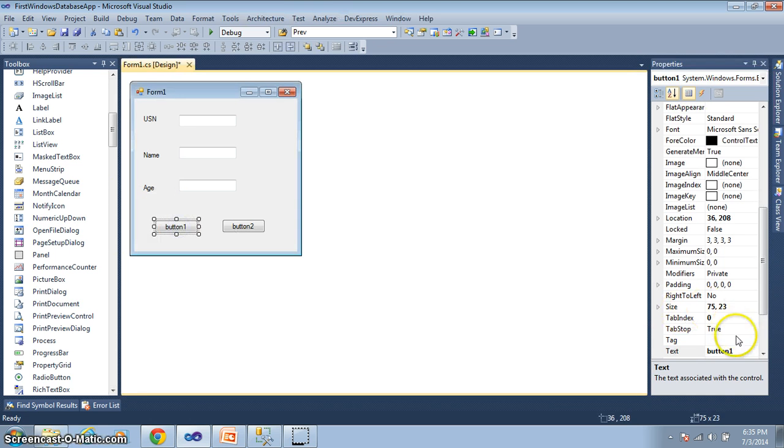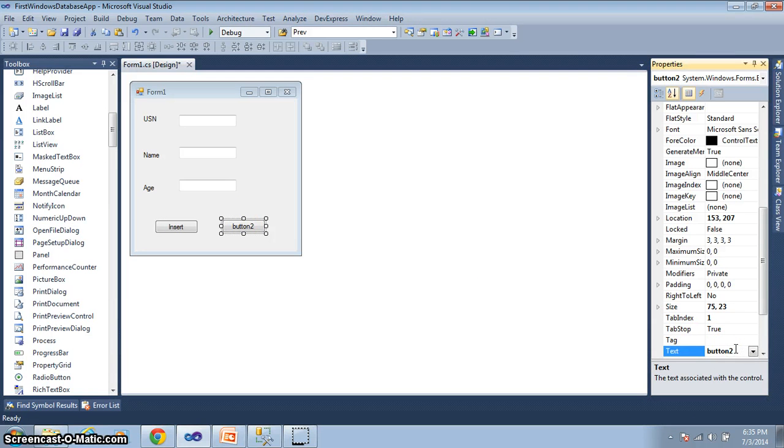Then I'd like to rename this button as insert. Then this one is retrieve. Okay, now one form has been created.